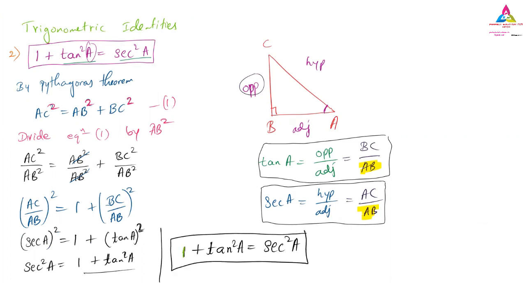So remember 1 plus tan square A. While writing, don't write the T in a way that, if a plus comes in front of it, it looks like a plus. I was writing like this, and afterwards I changed it because it can get confused whether it is a plus or a T. So write it down correctly. I hope you have understood the second identity also. The first identity: sin square A plus cos square A is equal to 1. The second identity is 1 plus tan square A is equal to secant square A.